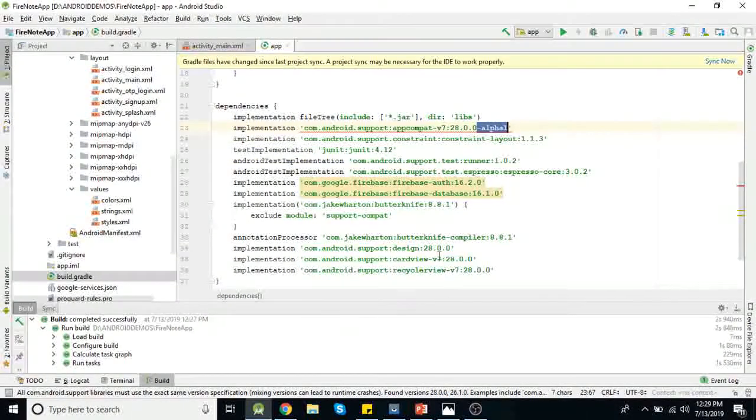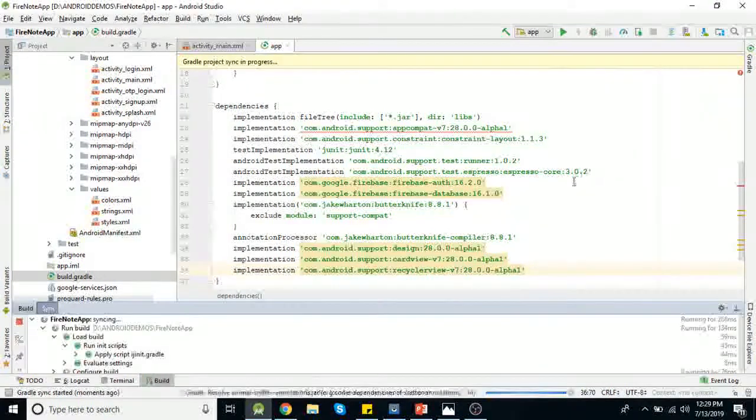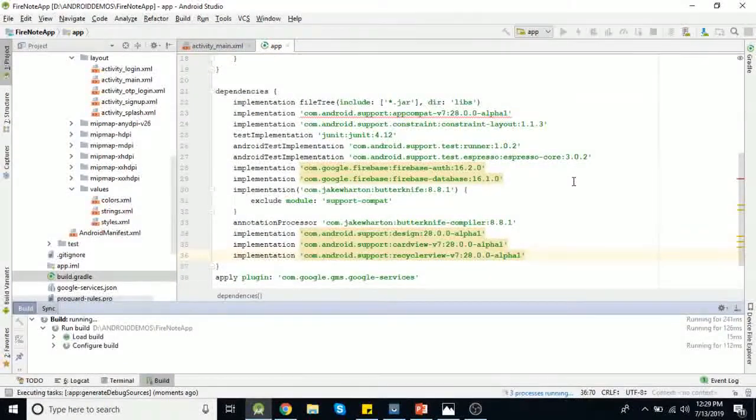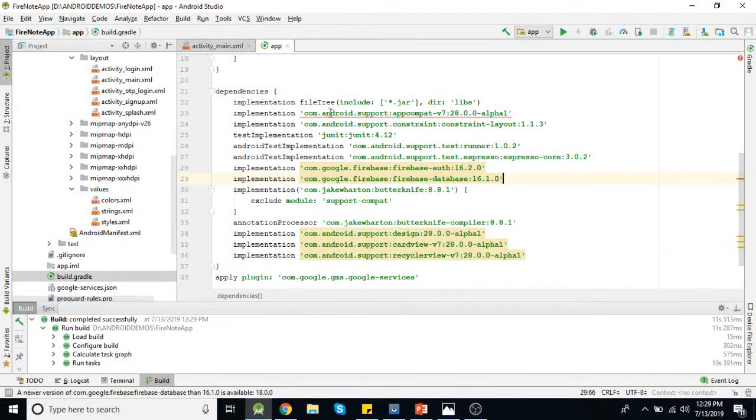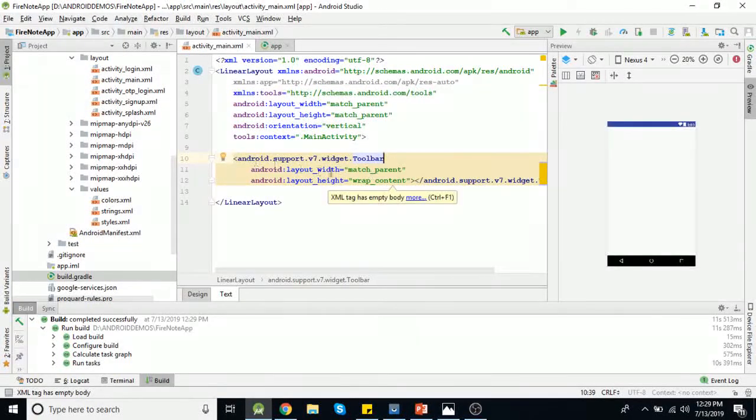Similarly for this design recycler also. See now this toolbar is added here.